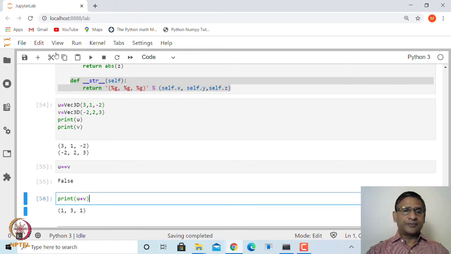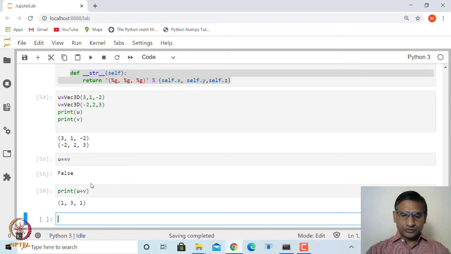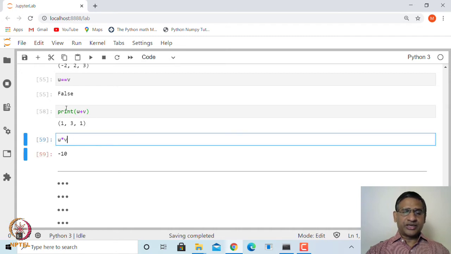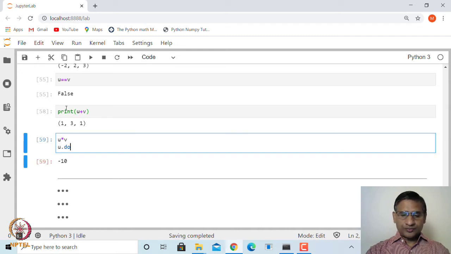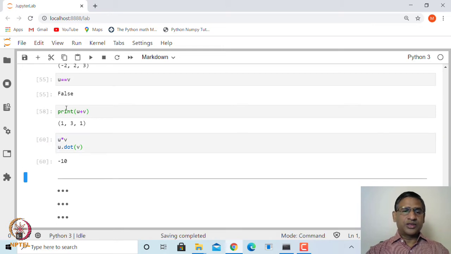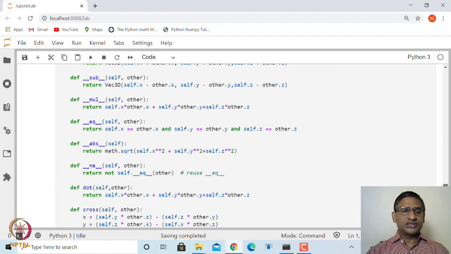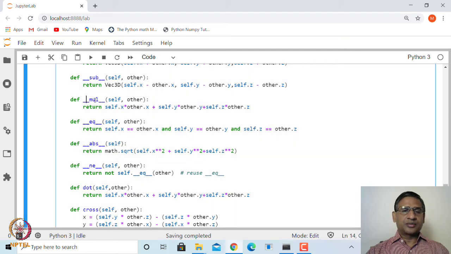Similarly, you can say u star v, then it is giving you the dot product. Similarly, I can say u dot v, that is again the dot product. So the moment you say u star v, it will invoke this mult method and so on.